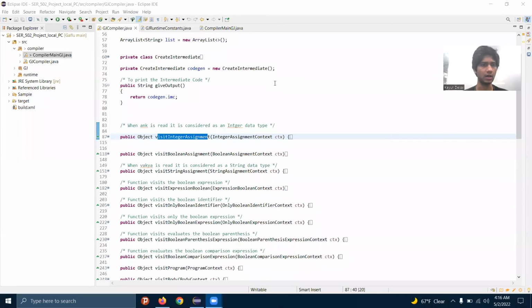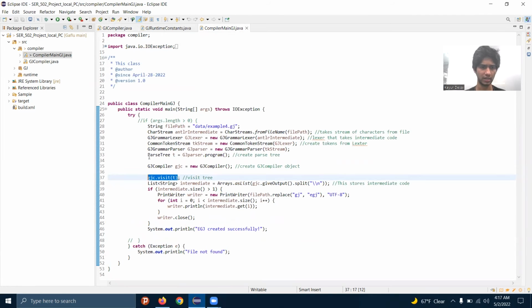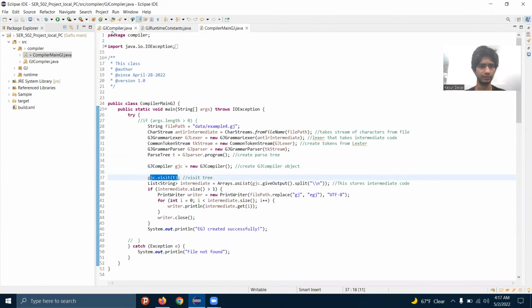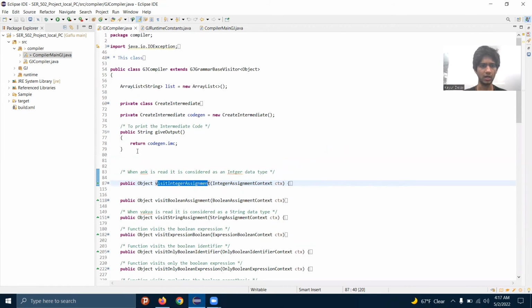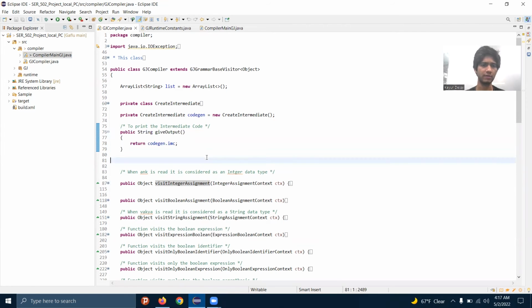Yeah, this is the gj-compiler.java class, and it is passed the parse tree generated by the main gj class. It will be generated from the parser, and it will be passed to visit every node in the parse tree here. And this method will give the intermediate code generated by visiting all the nodes in the parse